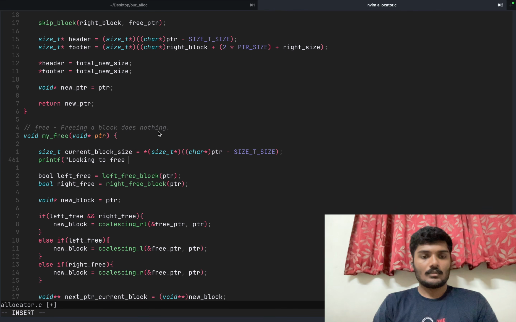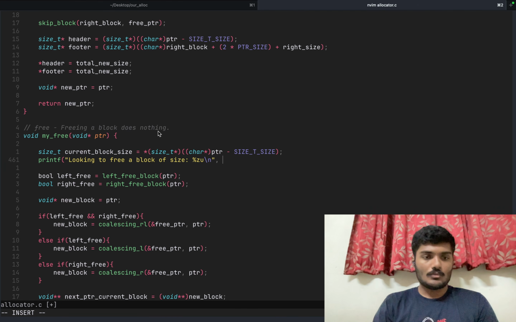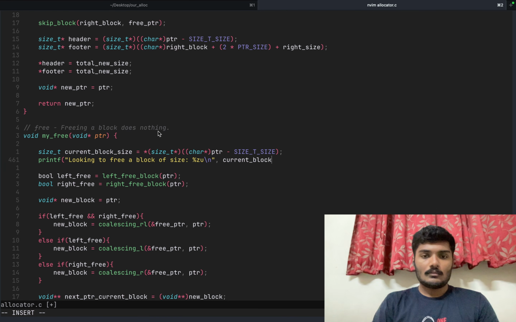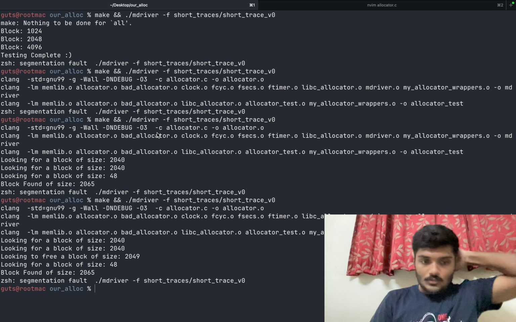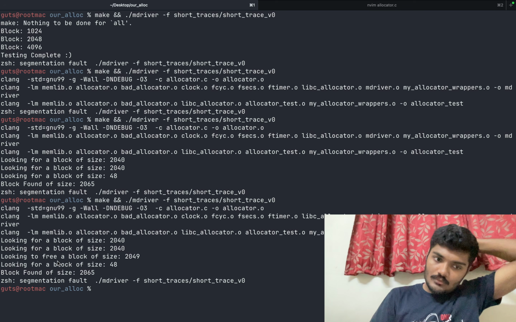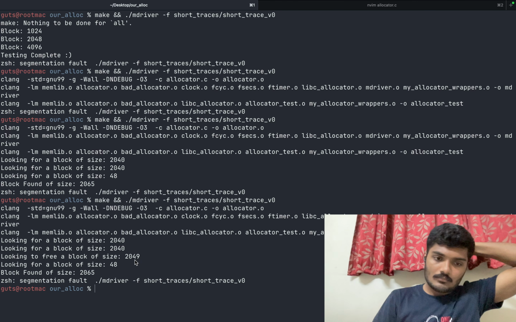Looking to free a block of size percentage value. Okay, looking for a block of size 48, looking to free a block of 2049